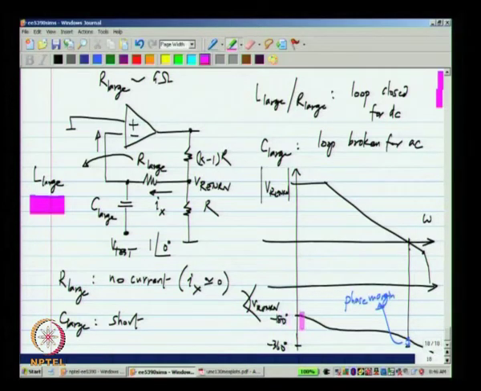The reason it starts from minus 180 is what we are plotting is V return, not minus V return. If you plot minus V return, it will start from 0, and you should find the difference between the phase angle at unity gain frequency and minus 180 degrees. Okay. So, that gives you the phase margin. So, from this you can ascertain whether the circuit has enough phase margin, and more importantly what you can do is you can plot the magnitude and phase at different stages.